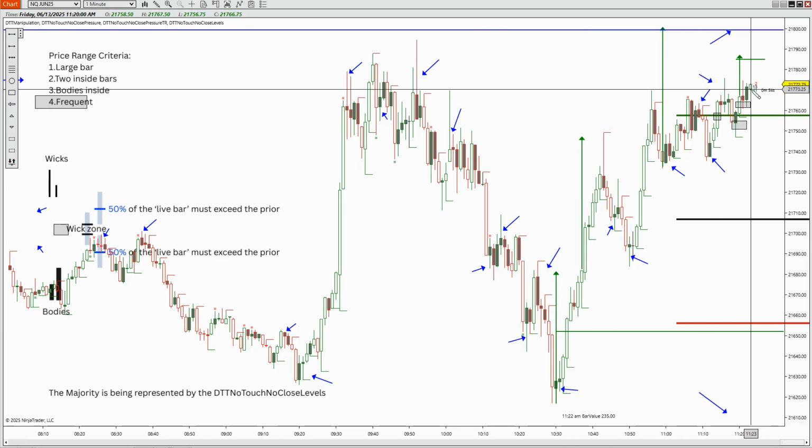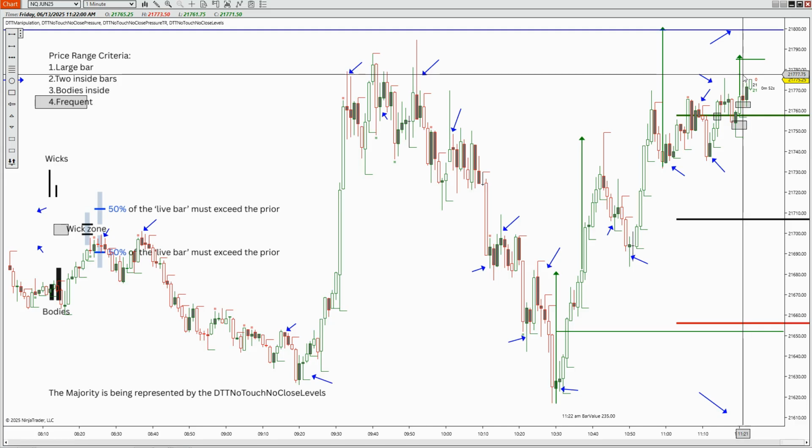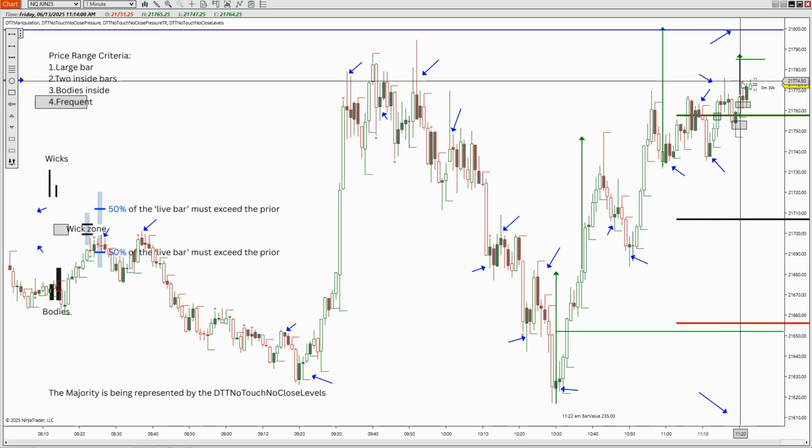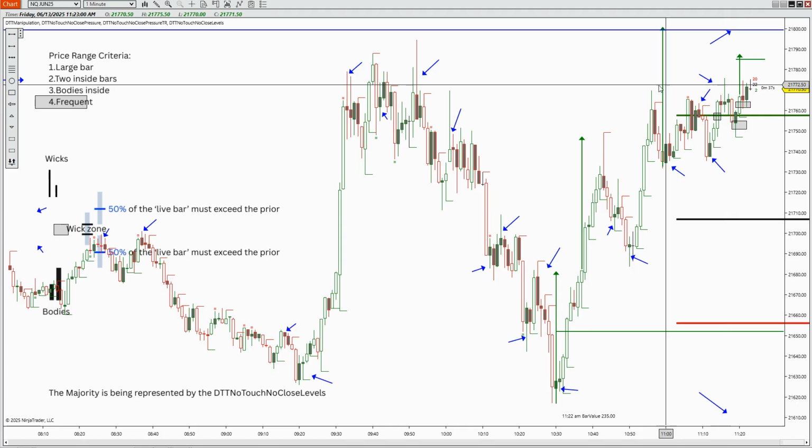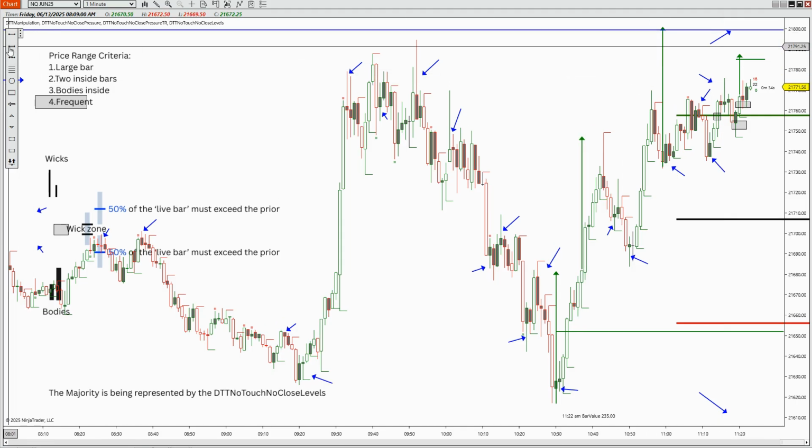So we got an inside bar. I don't think they want to give us two. Let me just move this out of the way for a second. Yeah, okay. All right, so that's saying they want to get there. Let's see if they'll make it. Are they going to give us two inside bars? It appears that that may be the case.